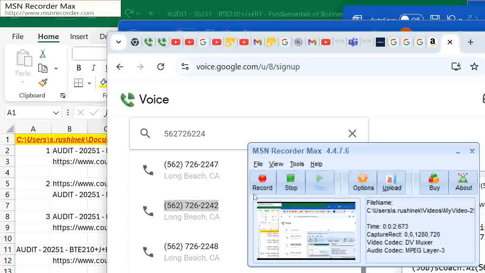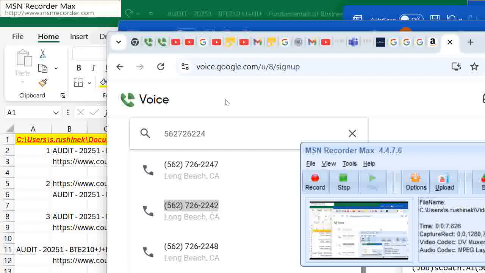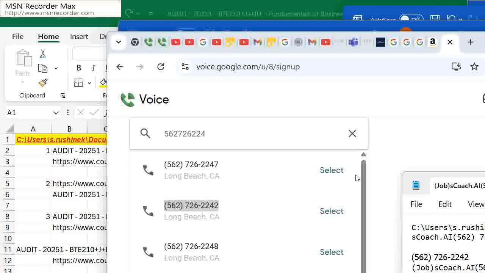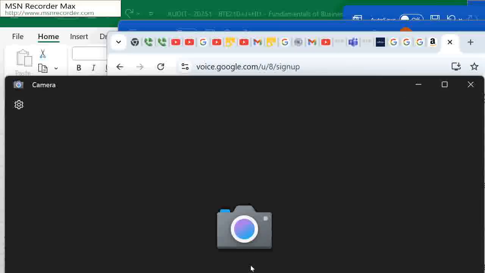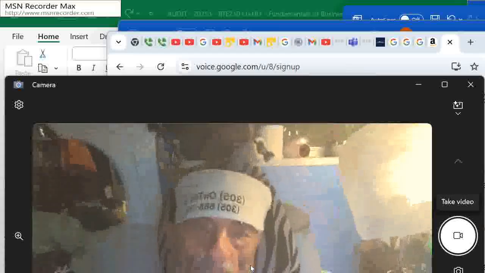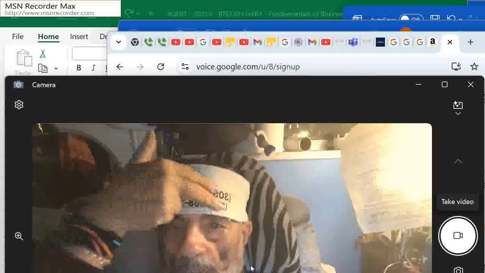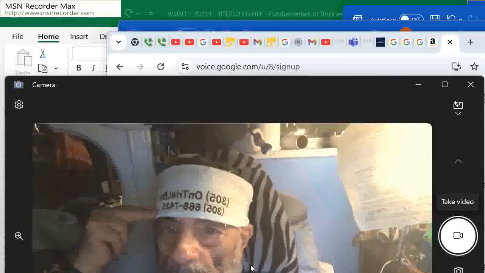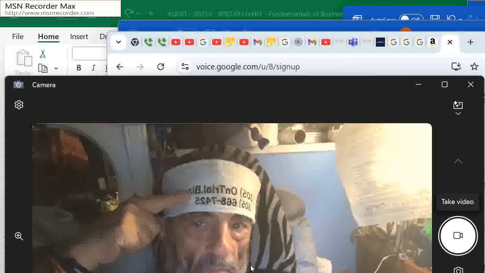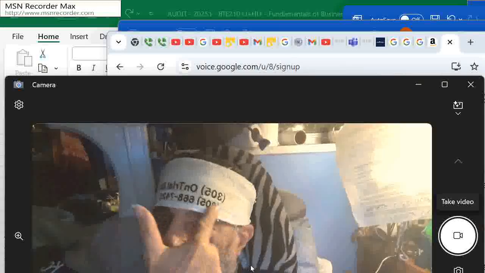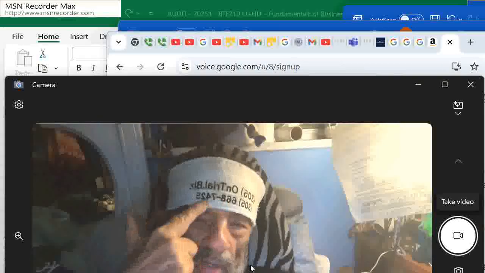Okay, this is a demonstration of using MSN Recorder Max to record the screen. In addition to that, I'm going to use a camera, the Microsoft camera, to record my face. As I'm pointing at a sweatband with a vanity phone number that's spelled 305 on trial.biz, together with the matching number that is 305